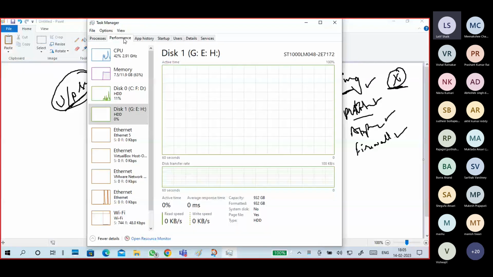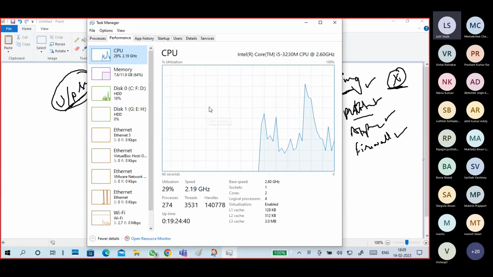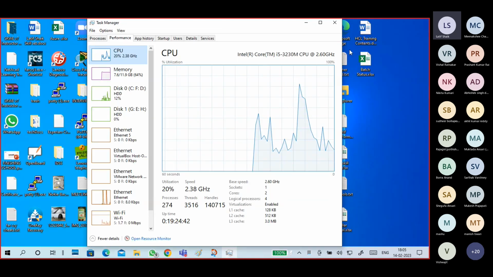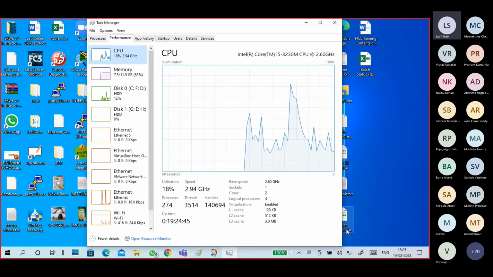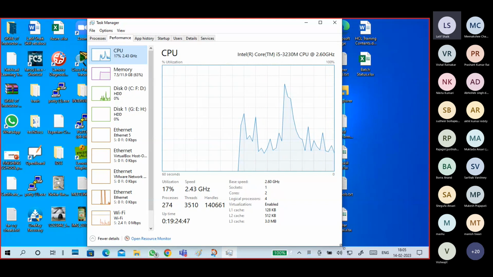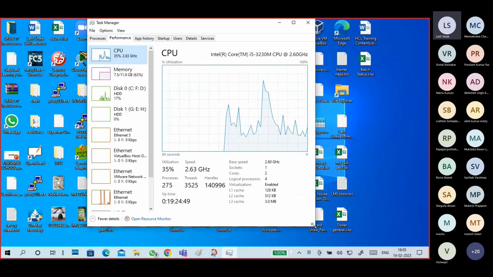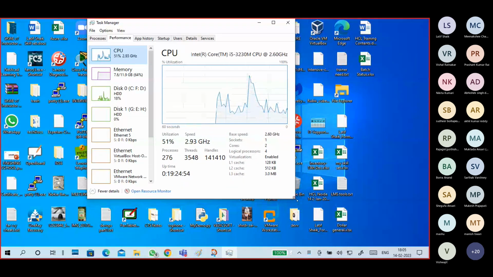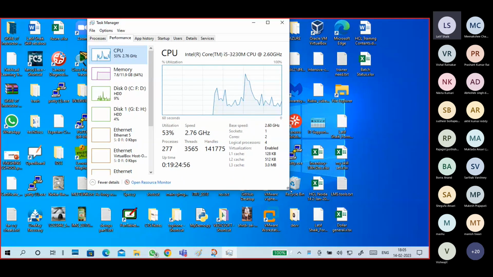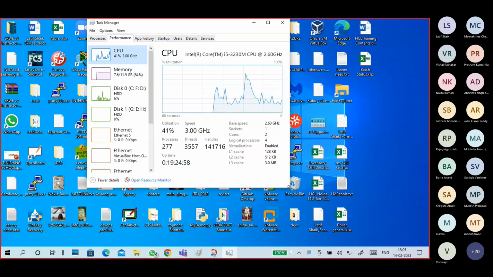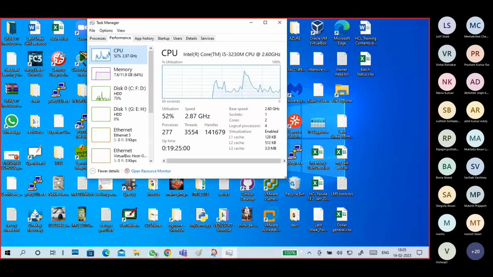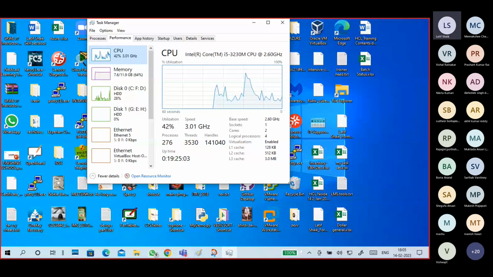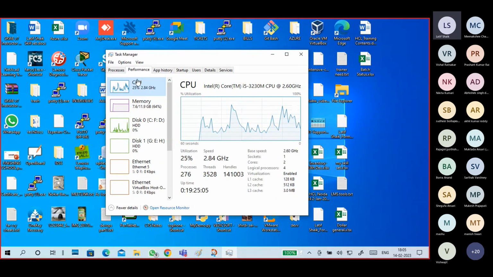So this is Performance. We'll get information about the CPU. I will adjust this to a minimal window without sacrificing much information. In Performance, you will get to know your CPU details.